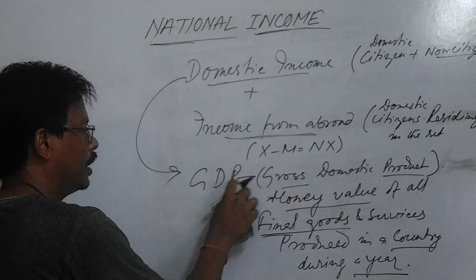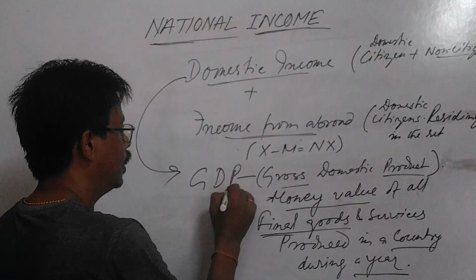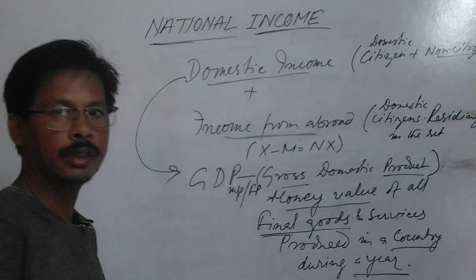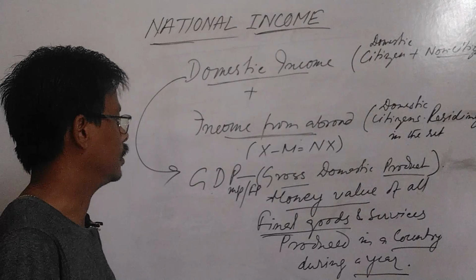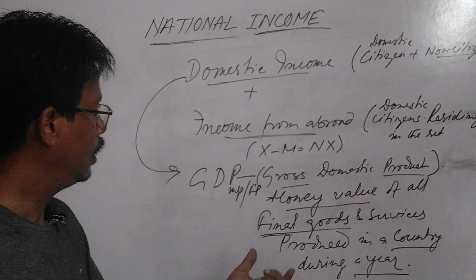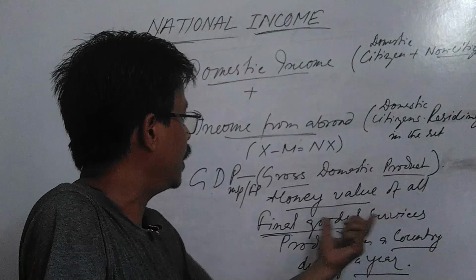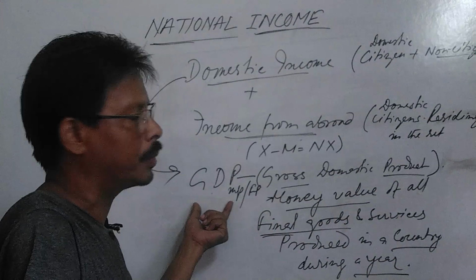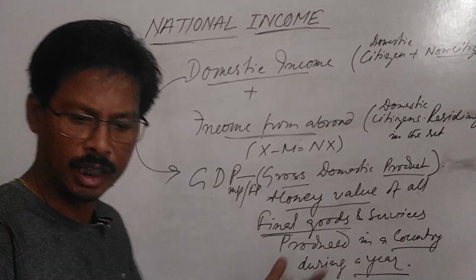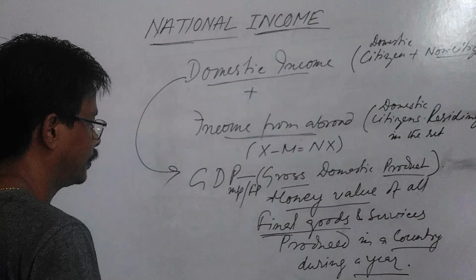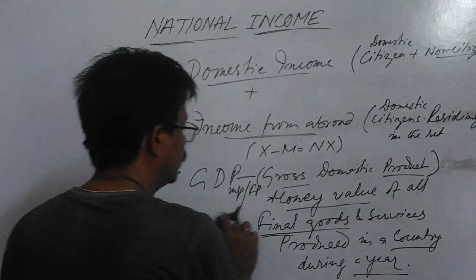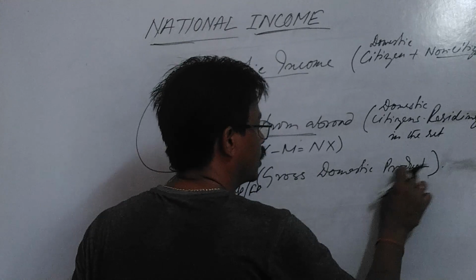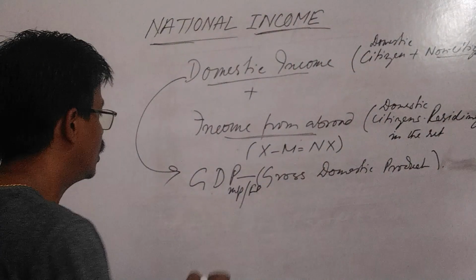That means GDP may be calculated at market price or at factor price, or you may say factor cost. Now, when we calculate the value of all final goods and services produced in a country during a year, we will obtain the value of GDP, and that may be accounted in different ways. If we take the help of the expenditure method, the equation of GDP will be